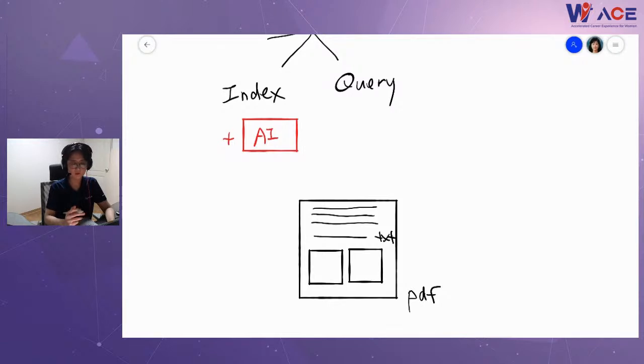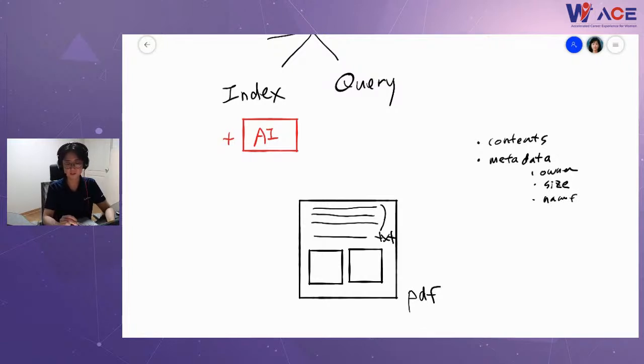and in this PDF, you have some contents, which is text, and you also have some images. If it is just normal document cracking to get some information, then you may get the contents of this document, and you can get some metadata information from the document, like who the owner is, what the size is, and what the name of the file is. These are the basic information that you can get from the document.